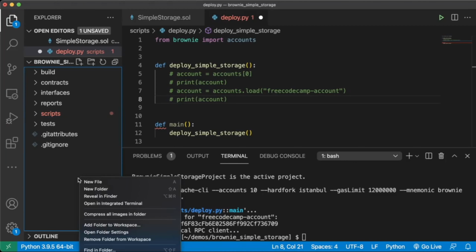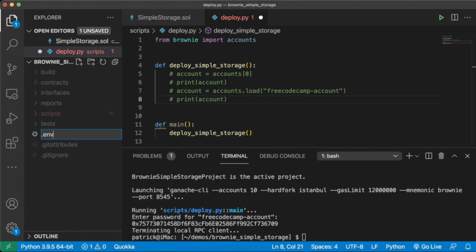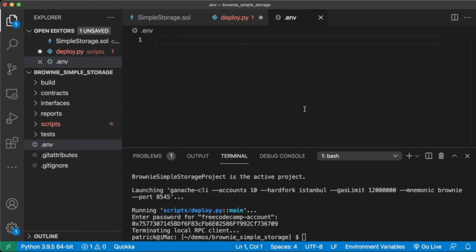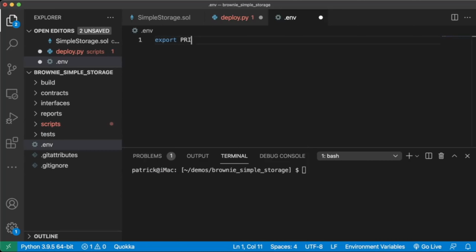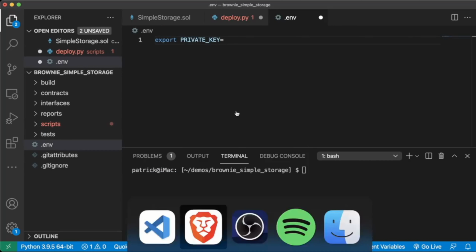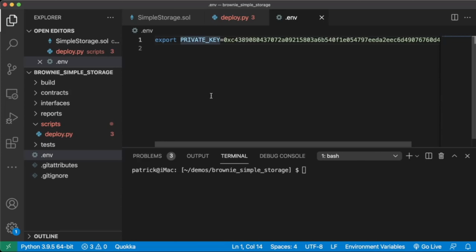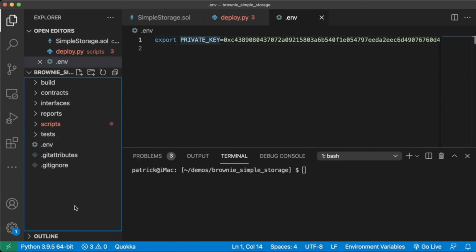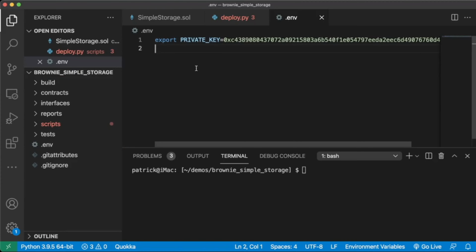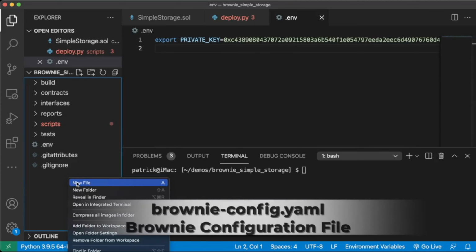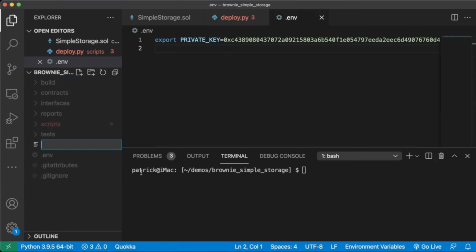So let's go ahead and create an environment variable file. We'll do a new file, call it .env, and we'll do export PRIVATE_KEY=0x this. Now we have a private key set as an environment variable. Brownie has an additional feature that allows us to easily work with environment variables in an environment variable file. We can tell Brownie to always pull from our .env file in a Brownie